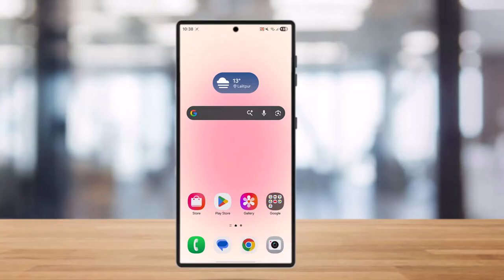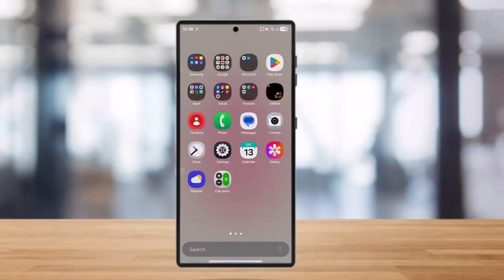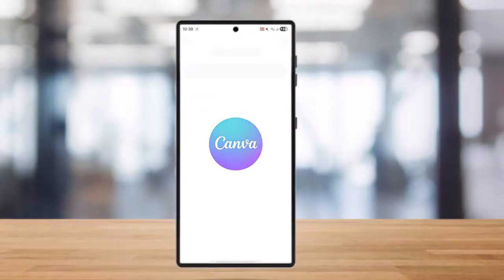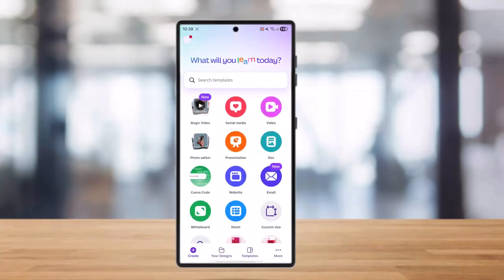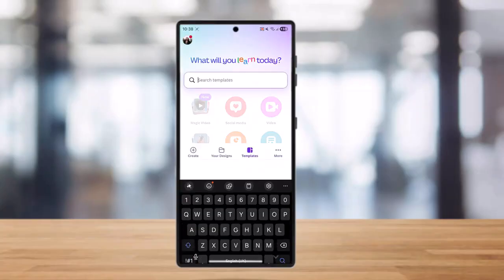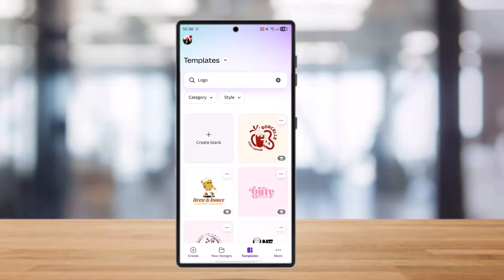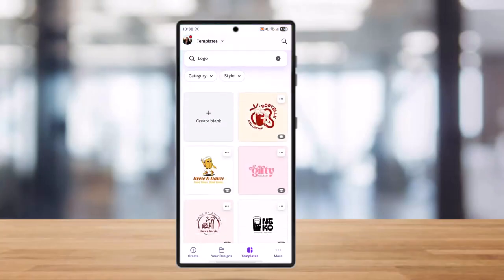So if you want to create an animated logo in Canva, then all you gotta do is simply go to your Canva. Once you open your Canva, you need to design your logo first, or you can also go to templates and simply type in logo. Once you use the logo option from the templates, you can select any of the logos that matches your aesthetic,